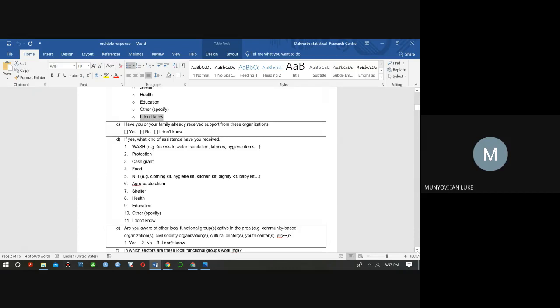Again, then somebody will come. I think Polycarp was the one who brought this question about child protection. Okay, so about child protection, somebody might give you a story which goes hand in hand with child protection. Or maybe something to do with agropastoralism.